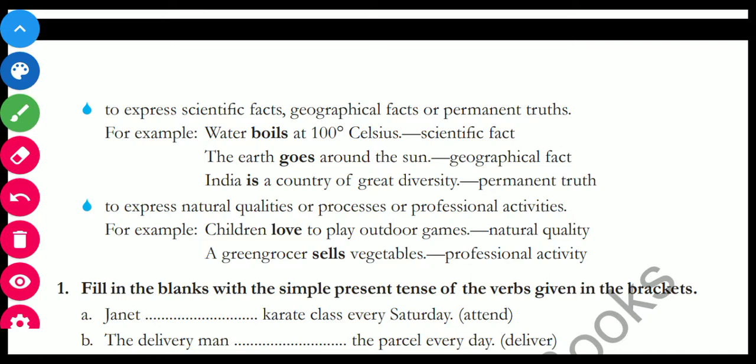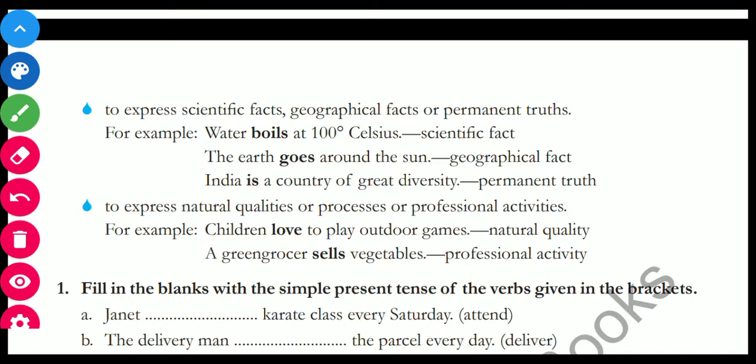Subject plus verb with S और ES. verb 1 अगर रूल में लिखा रहता है आपके पास तो याद रखना that verb में हम S या ES लगाएंगे. Okay, he plays. Okay, he plays. So that he plays is present tense. Okay, subject मतलब हमारा beginning of the sentence जिसमें हमारे पास अपना noun या pronoun होता है. ओके, और उसमें जब हम वर्ब प्लेस करते हैं तो वर्ब किस फॉर्म में रहता है हमारा, एस या ईएस के फॉर्म में. तो ये हमारा सिंपल प्रेजेंट टेंस का रूल है.